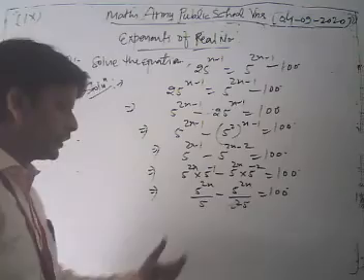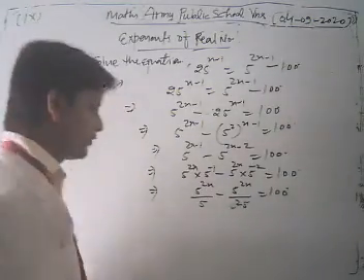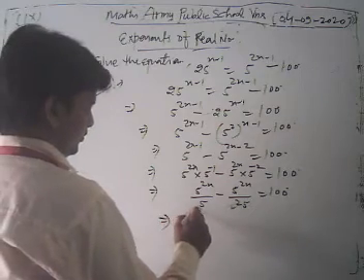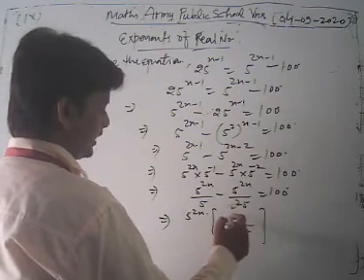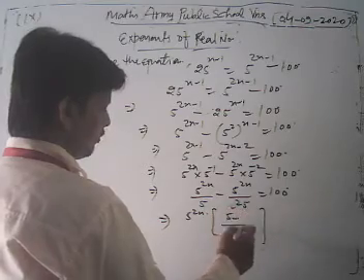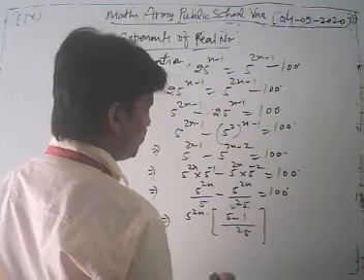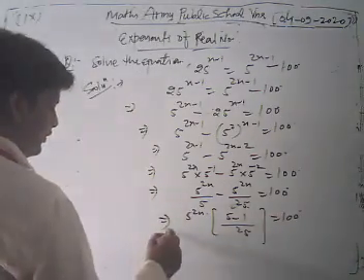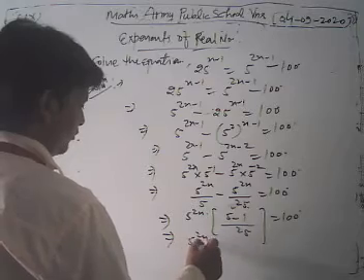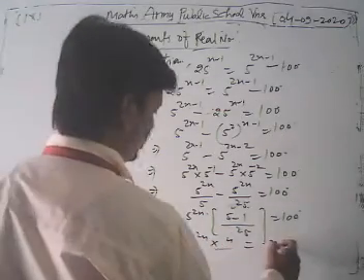Now after that, we take 5 to the power 2x common, and we take 25 as LCM. So we get 5 minus 1